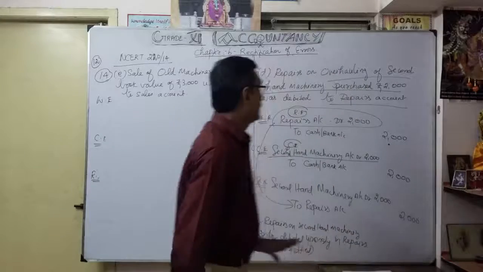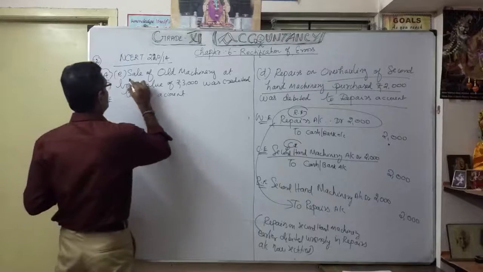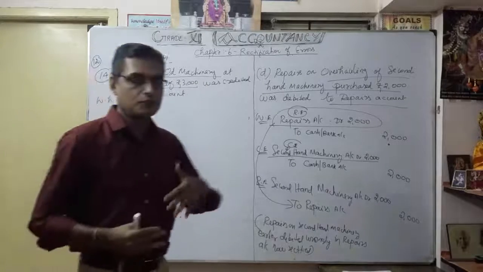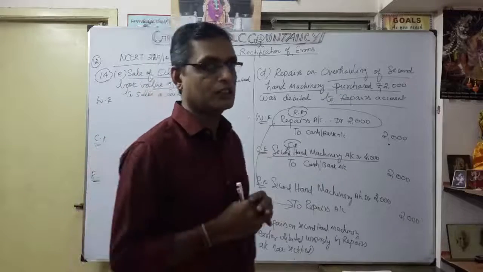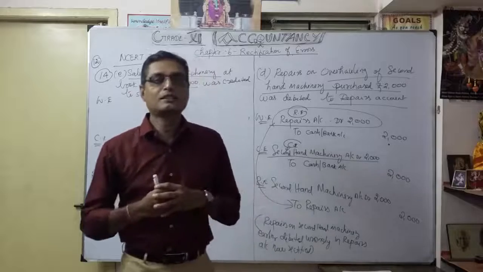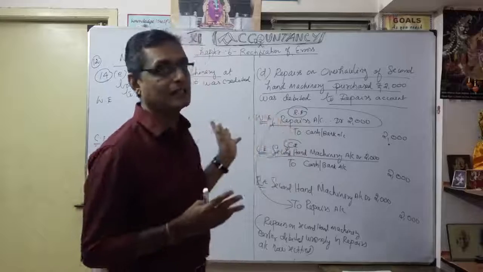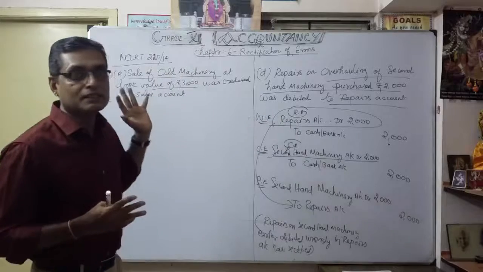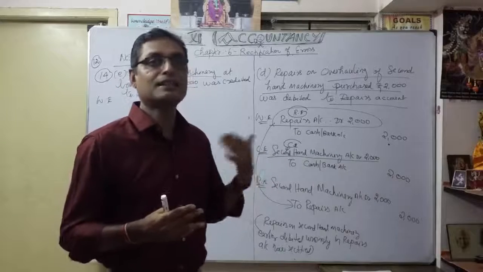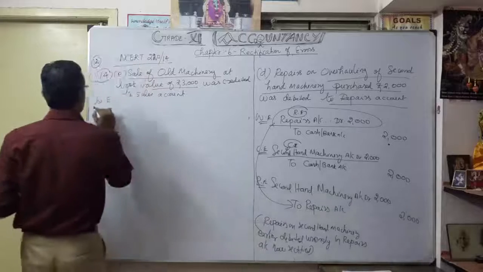Now let's see. Actually, it is a sale of old machinery at book value. So whatever the book value is, only that we sold. Suppose it is less than the book value, naturally we know whether we sold at a profit or loss. In our further discussion, in the next chapter on depreciation, you can understand this very clearly. But here, what happened? They treated the sale of old machinery as a sale, as normally when a business is doing trading. What is the wrong entry?